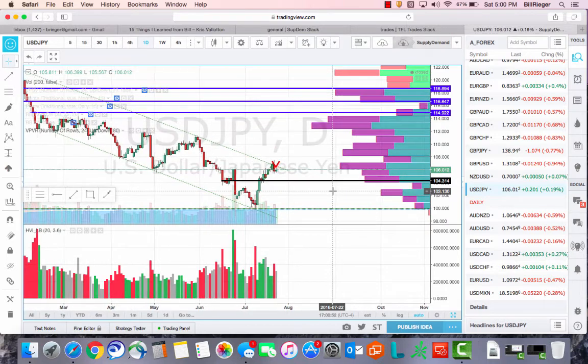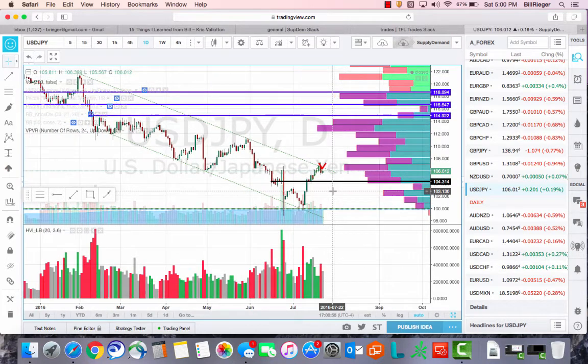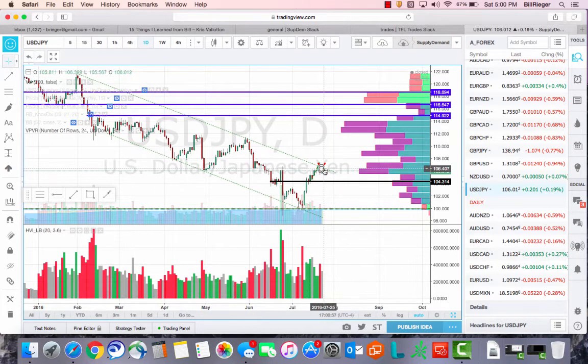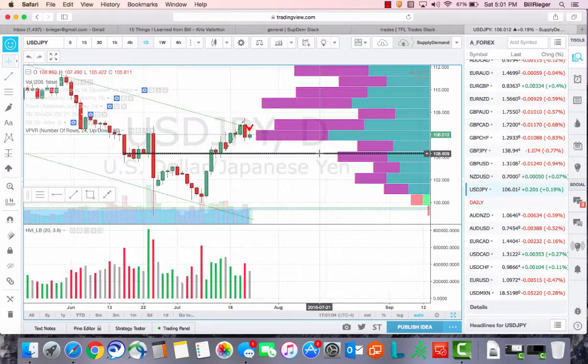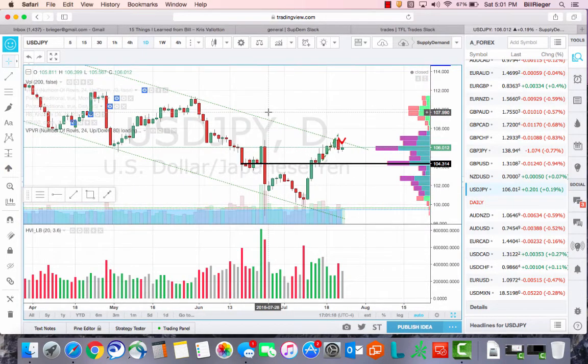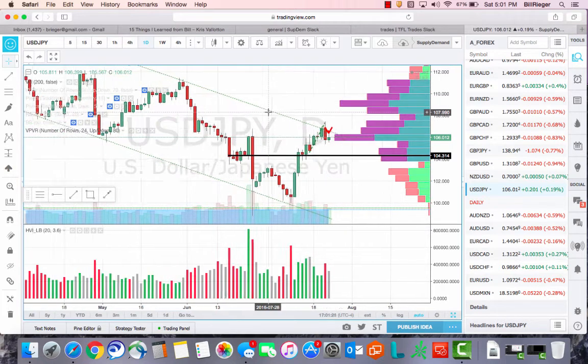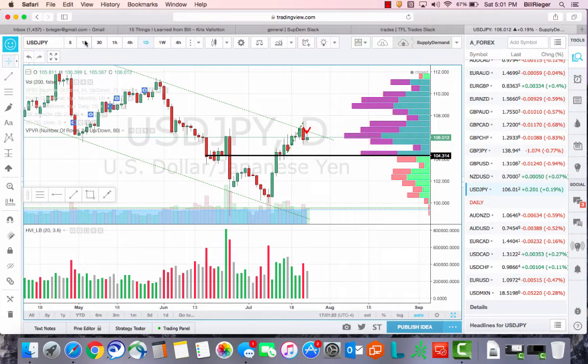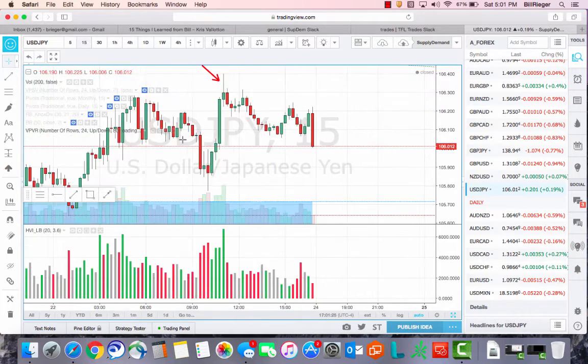And so now here we're at the top of the channel. So I'm going to start looking for shorts on USDJPY. You see this kind of high volume profile area here that it didn't just punch right through. And if you draw in even closer, as soon as it got to this area, it had a big red candle on good volume. So I felt fairly confident that we're going to start reversing and going back down to here. So I usually try to start this analysis on a daily to make sure I have the right frame of reference, and then drop down to the 15-minute.